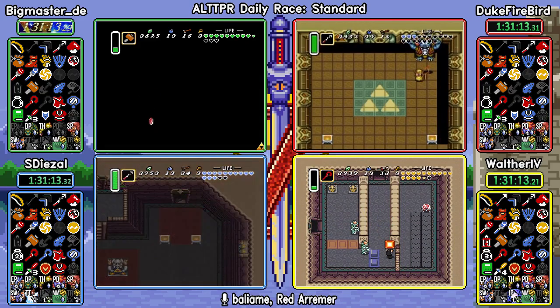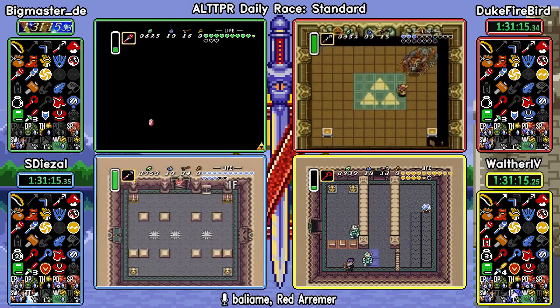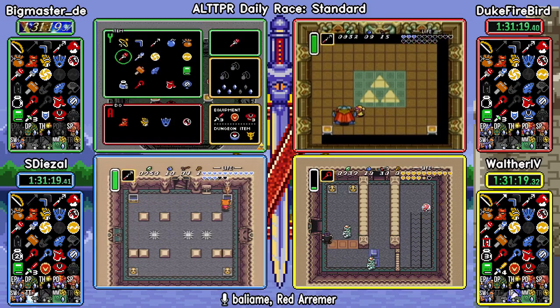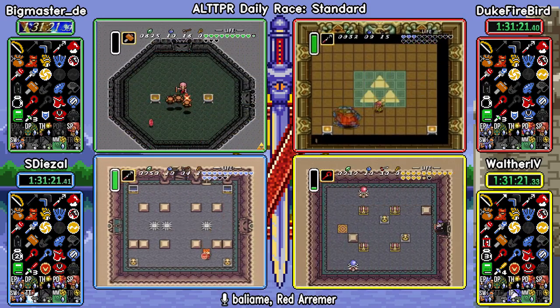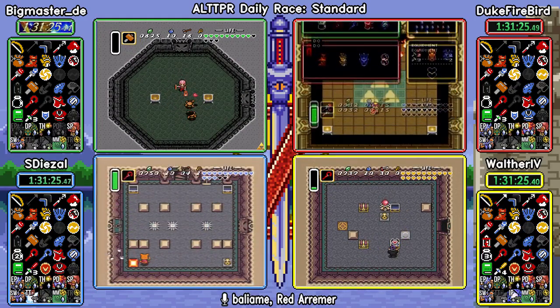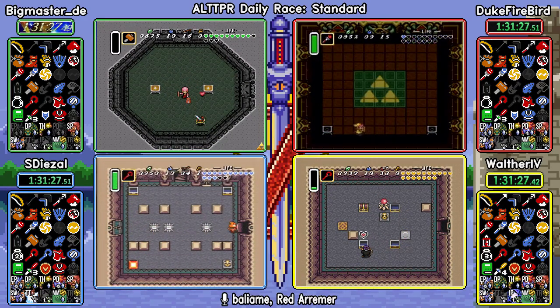3 single teleports in a row. I bet Aghanim did 0 blue balls this seed. We just didn't see it. 4 single teleports in a row. And off we go to a...